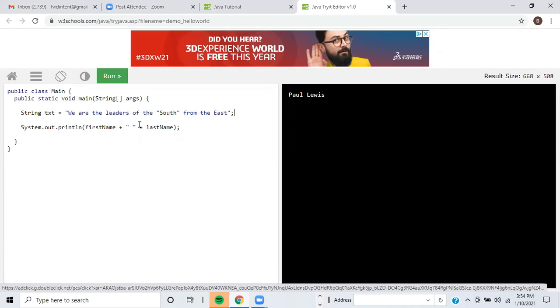All right, so you can't have this because in a string, the first double quote is here before we, and then the second double quote is here,